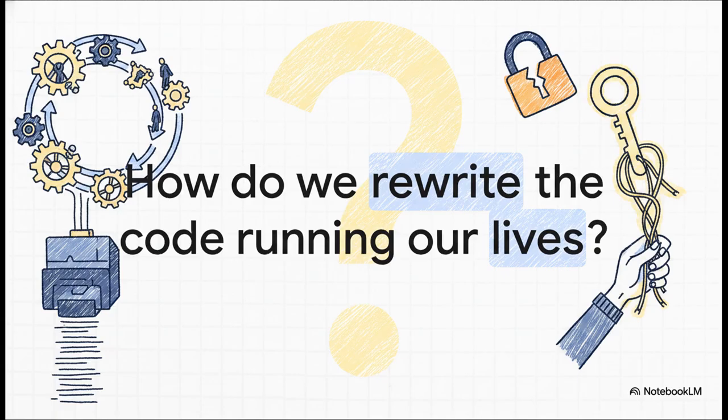This brilliant dataset really leaves us contemplating something massive. If our institutional architecture is mathematically mapping exactly like a closed-loop operating system, are we merely operating subjects trapped inside a rigid, automated societal machine? And if so, how do we even begin to rewrite the invisible code running our own lives?